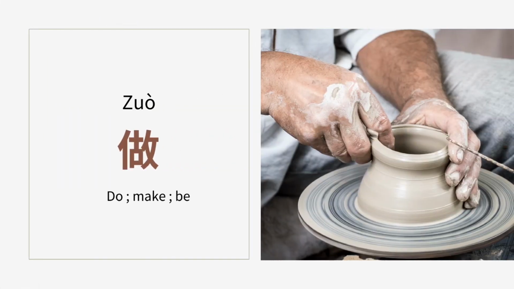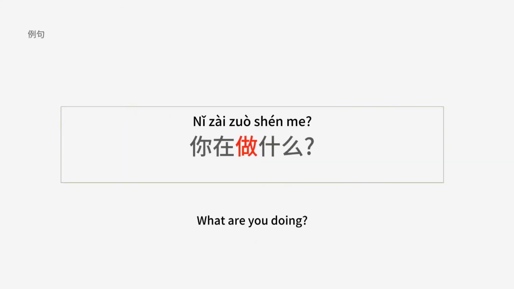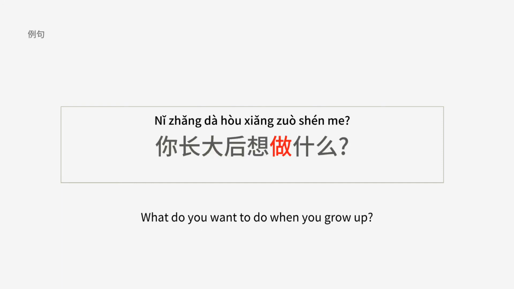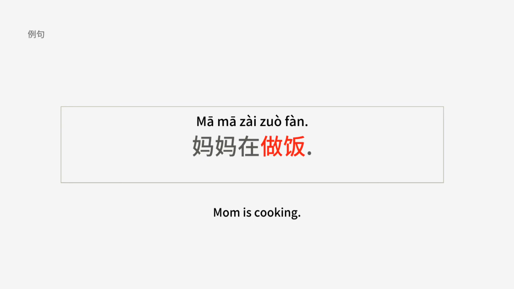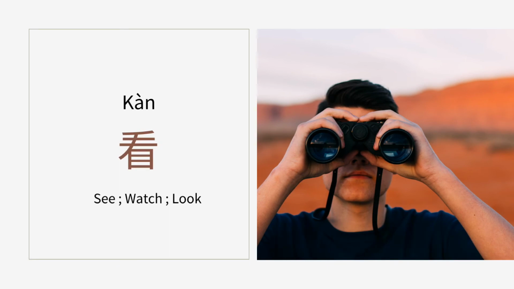This verb has a few different meanings. It could mean do or make and be. The pronunciation is 做什么. The second one is 做饭. 你在做什么？你长大后想做什么？妈妈在做饭。